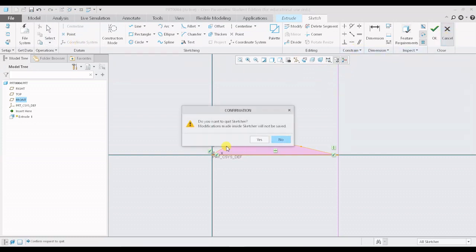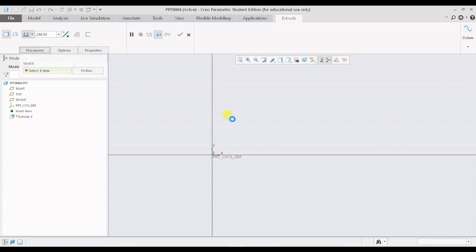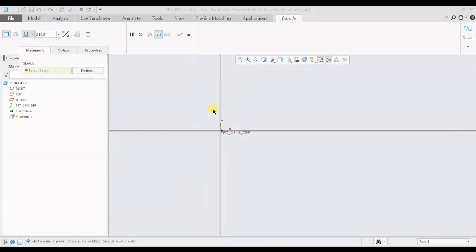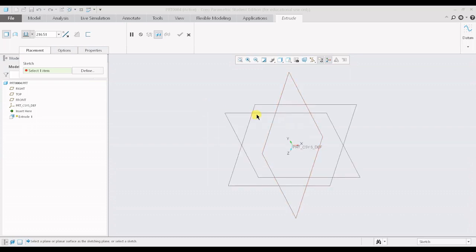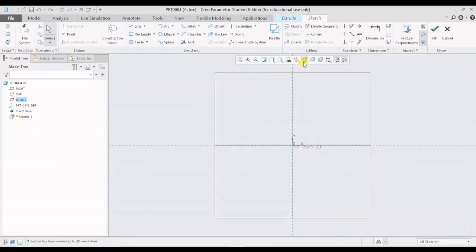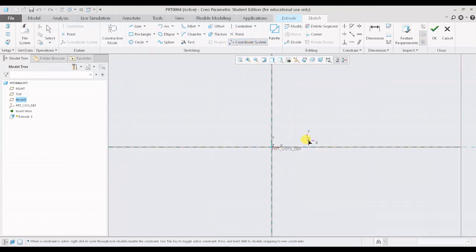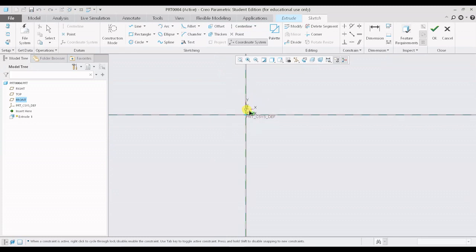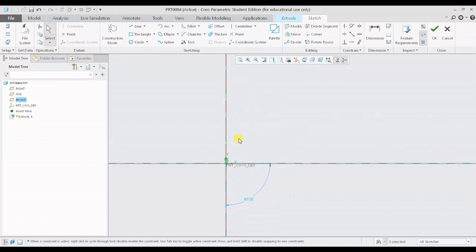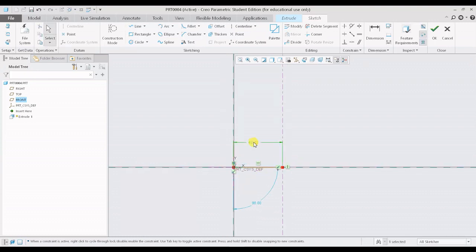So in this particular case, we can just close it and we can go to the datum. We can just delete this. You can click on coordinate system and you can place it at the center. So I have a local coordinate system which was present in the sketching module. I have to click on center line. This is another datum which is a reference used for the purpose of referencing. And let me keep the distance between